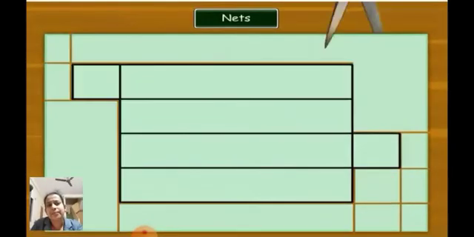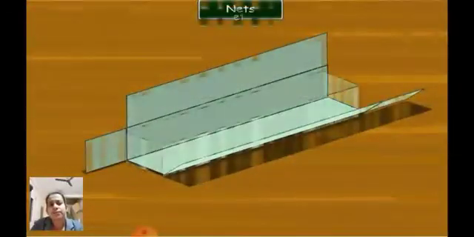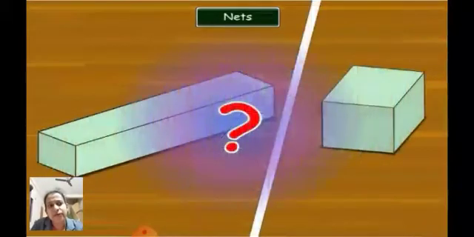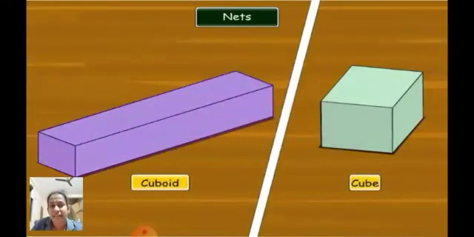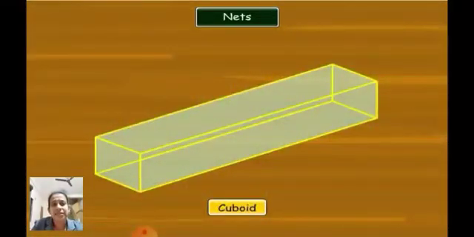After cutting you will get a cube like this. Okay, so when you try to fold it, you will get a cube, right? So what type of boxes are these? You can see one of them is a cuboid, another one is a cube. One is a cuboid made of rectangles, and another one is a cube made of squares. I hope you have understood what a cuboid and a cube are, and how you can make a cuboid or a cube. Now let's proceed further with the next part of the lesson.